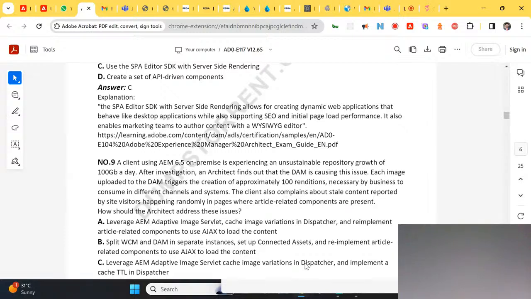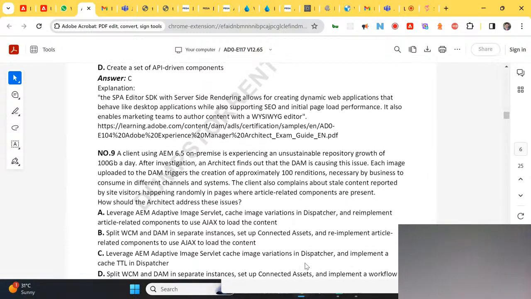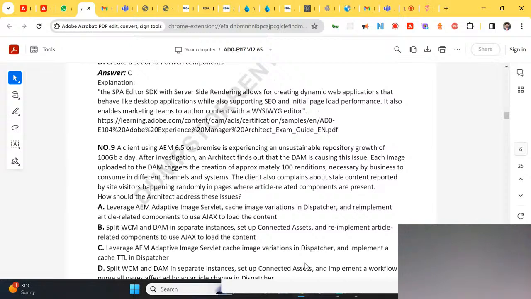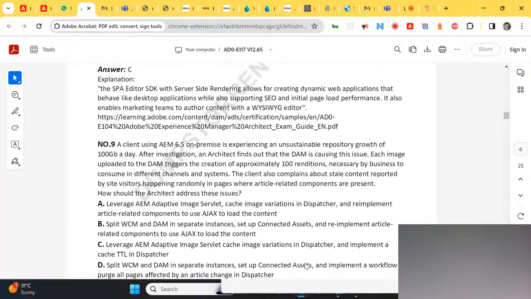And the last one is split WCM and DAM in separate instances, set up connected assets, and implement a workflow to purge all pages affected by an article change in dispatcher. See, purging all pages affected by an article change in dispatcher is removing the pages, but we are targeting here how to manage the renditions and also make sure the repository growth will not affect the performance, and make sure whatever is out of the box is getting created.